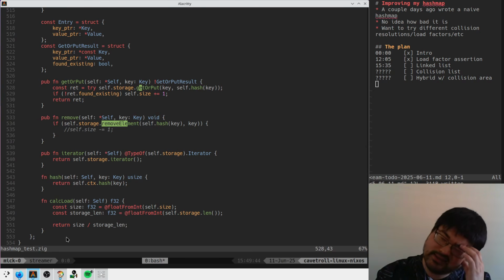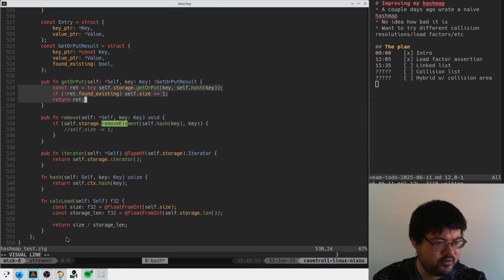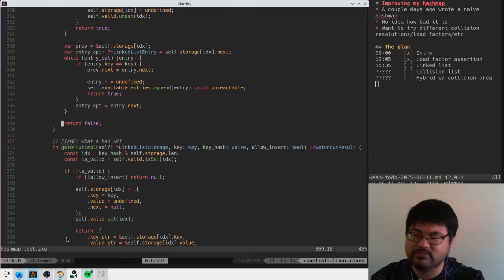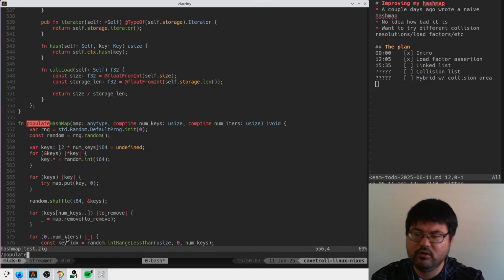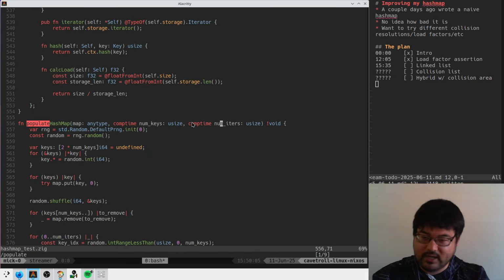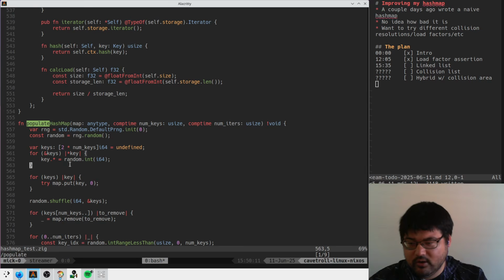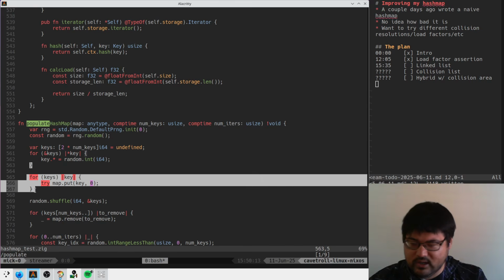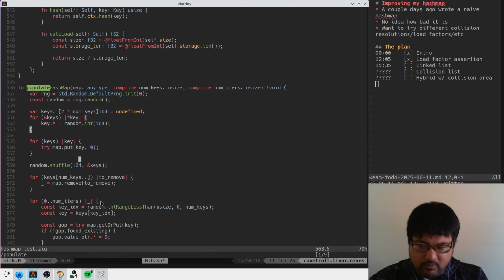So that indicates that we're returning that we didn't find existing too many times. Right? Because when we call populate hash map in hash map test, this guy has num keys 100. He allocates double that. And he tries to put these keys in, initialize these guys with 0, then remove a bunch of guys. So I guess it might be interesting to